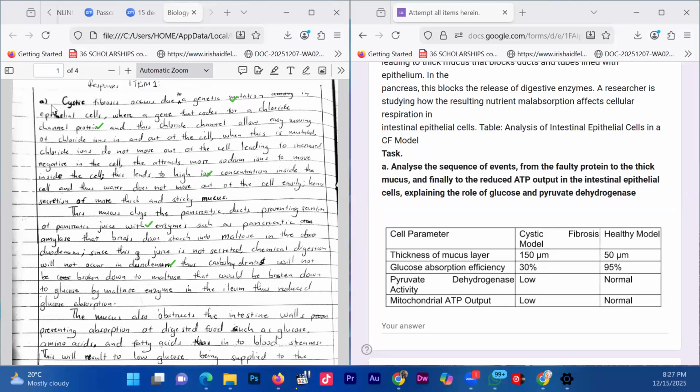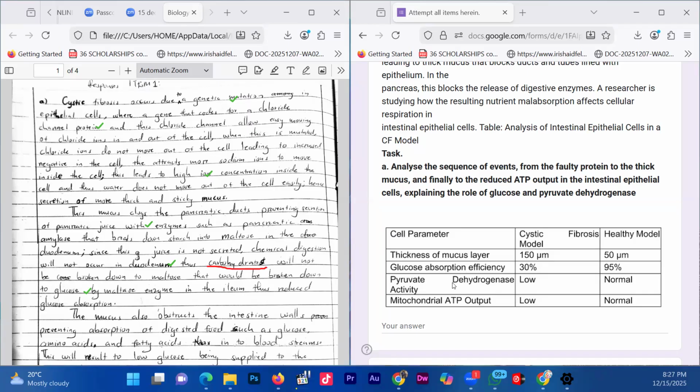Not all carbohydrates are broken down to maltose, so you need to be specific. It is starch that is broken down, and you will include the word starch. Thus, starch is not broken down to maltose, and therefore there is no